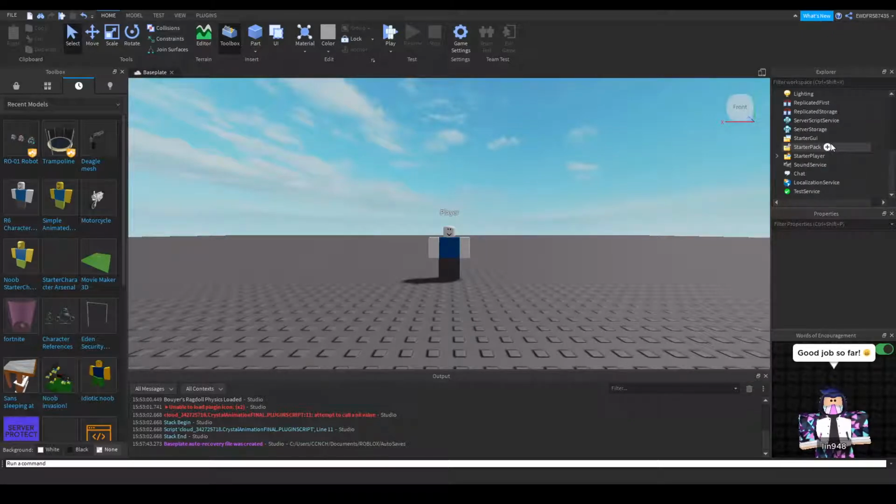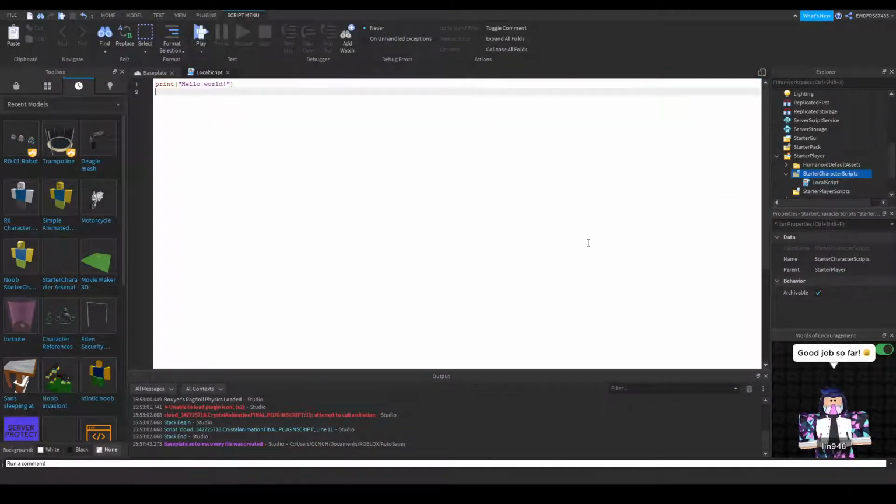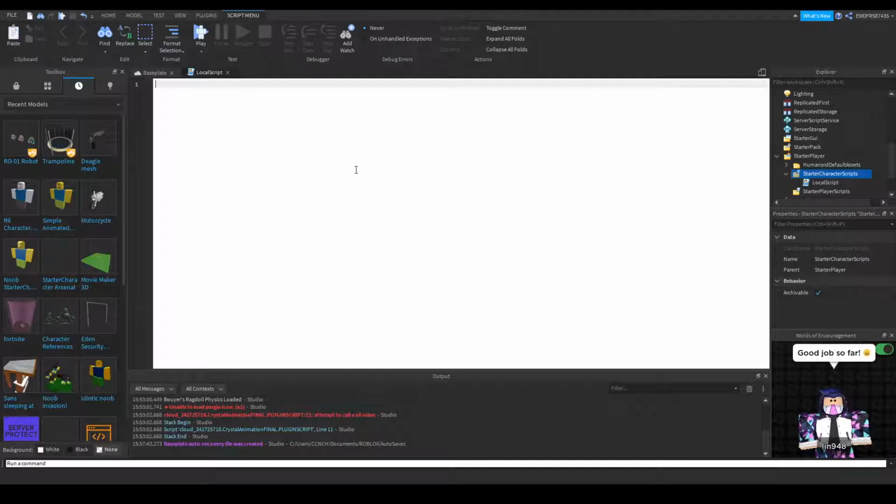Scroll down in the Explorer. Click the arrow next to Start a Player. Then create a script and start a character script. Click local script. The reason we're doing it in start a character script is because we need the local player. So basically all we have to do is type in local, then player,